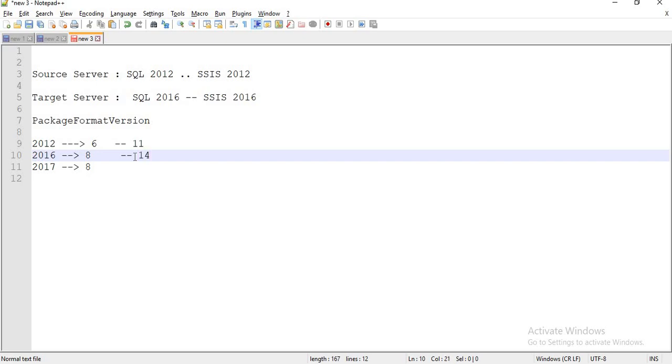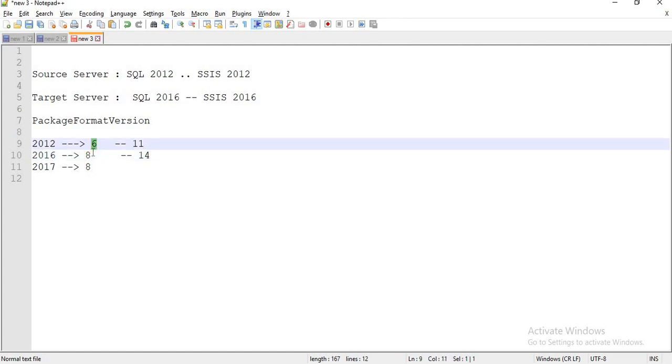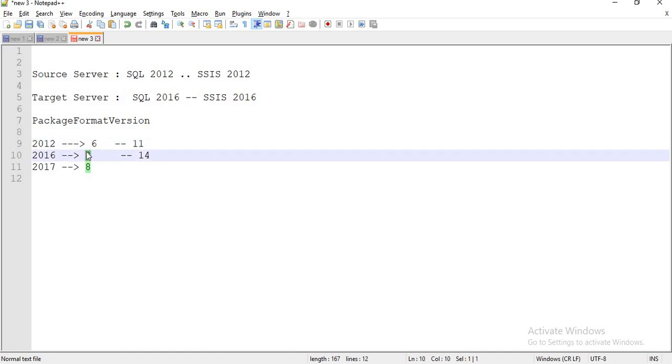It's a build number, depending on what kind of build you have, a major latest build or a minor previous build. But the major identification factor for us is PackageFormatVersion.